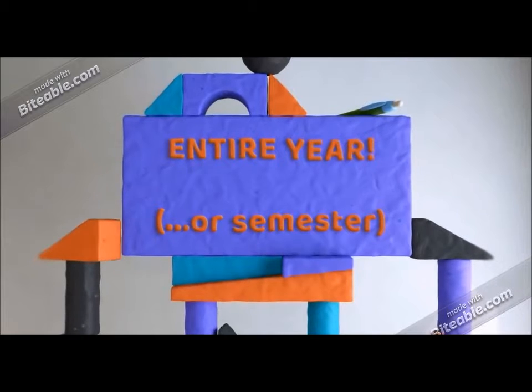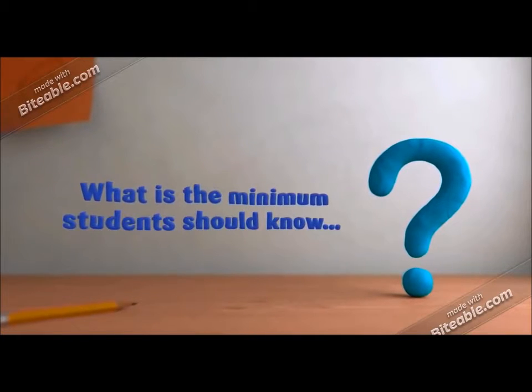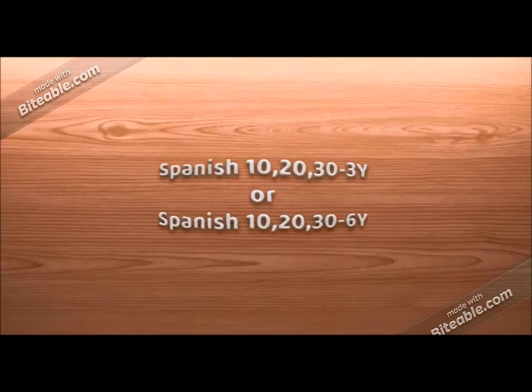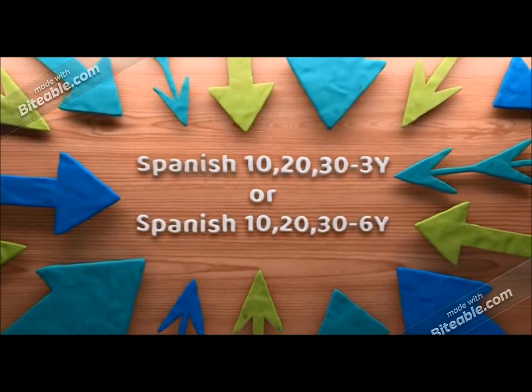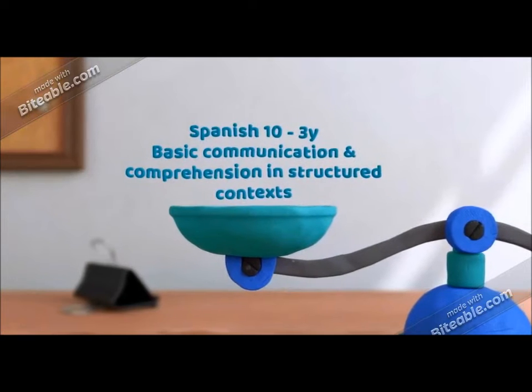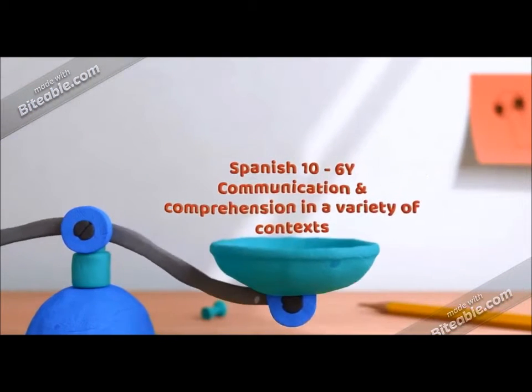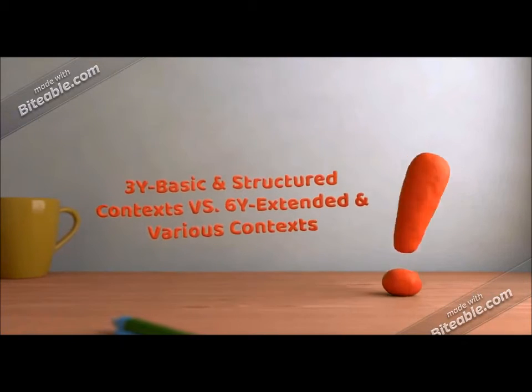To evaluate what a student will learn upon the completion of a course, we commonly ask ourselves, what is the minimum that students should know? Again, these targets do change based on the program of studies used. For example, in a 3-year grade 10 class, we may expect that students can communicate in basic and structured contexts, whereas in the 6-year program, we'd expect that students are able to extend their communicative skills towards a broader range